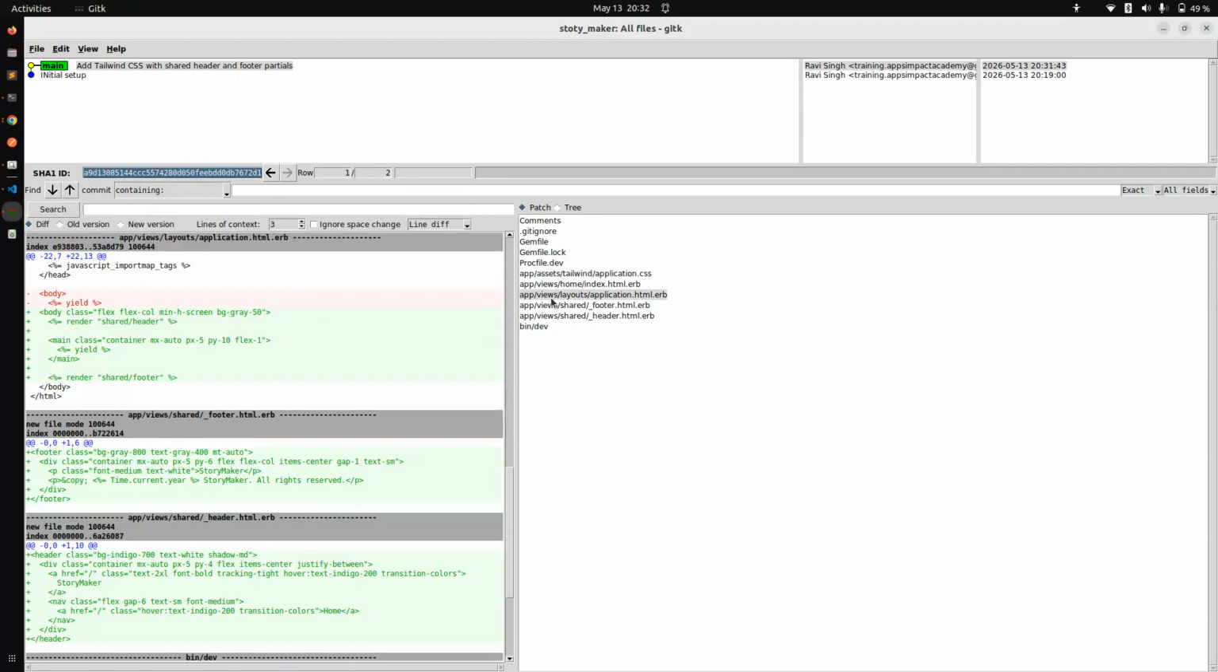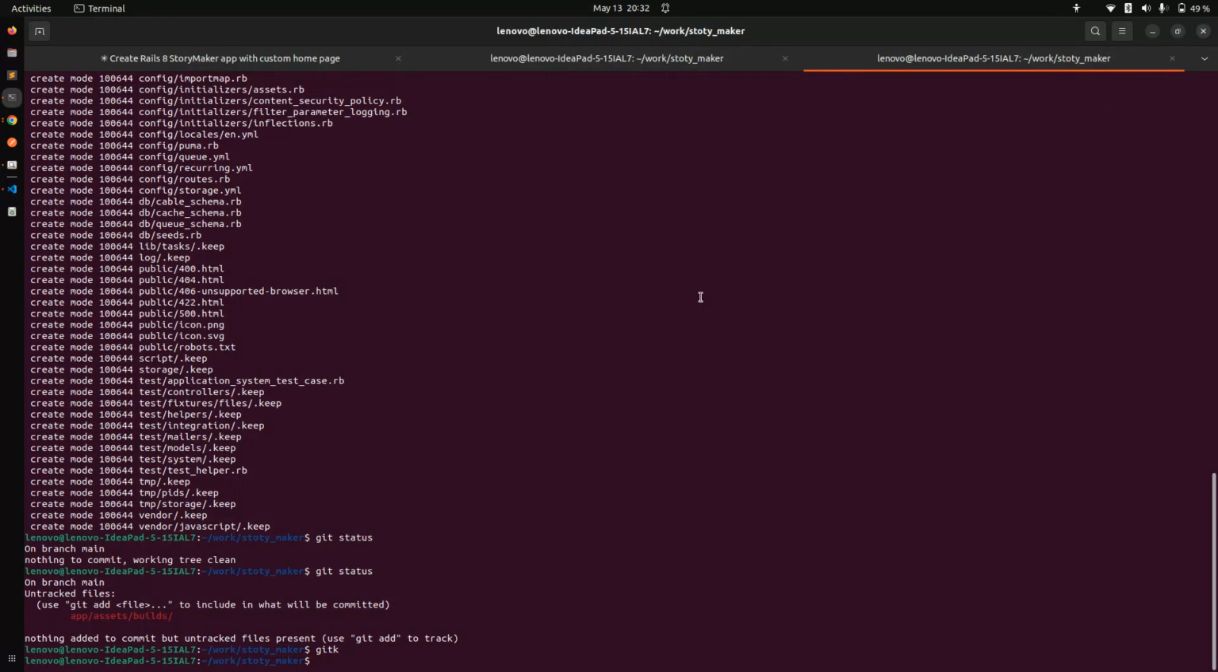Okay, so how this works, what we did in this lecture is we prompted Claude to install Tailwind CSS into our project and create the header and footer partial, and then we asked Claude to create a commit for us for these Tailwind changes. Okay, now in the next lecture we will prompt Claude to update our home page content based upon the idea behind our application, and we will see in the next lecture how to do that. Meanwhile, just follow this lecture and try to install Tailwind CSS into your project using Claude,